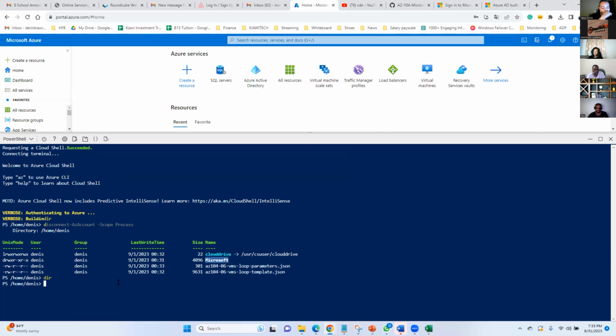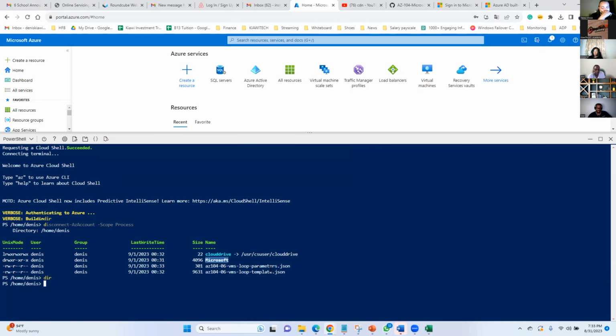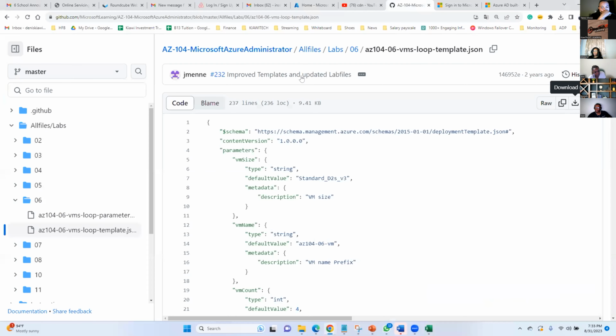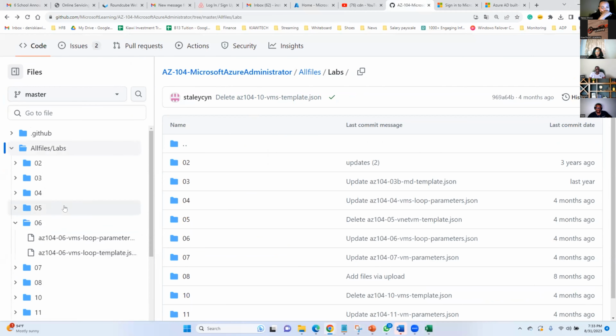If I check again, you see I have 2 files in here, the template and the parameter. So I can now execute any file because they're in here. You can call these files. Just so that you don't get stuck with this assignment, when you are asked to upload or call files, for example, if you go back to the instructions,